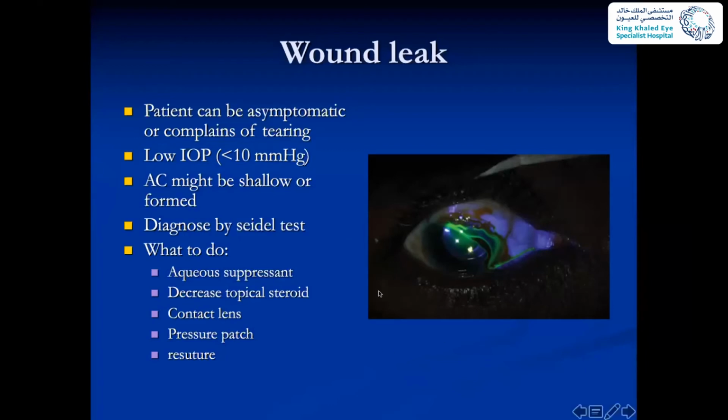As you know, we put fluorescein, visualizing it with cobalt blue. You will see the fluid coming from inside the eye, diluting the fluorescein. So what to do? Suppressants, decreasing the topical steroid, allowing the wound to heal, putting on a contact lens or pressure patch. In the past, we used to use gentamicin eye drops. We know that it is an irritant and it will make the tissue heal faster, but the safest of all is just to take the patient back and resuture it